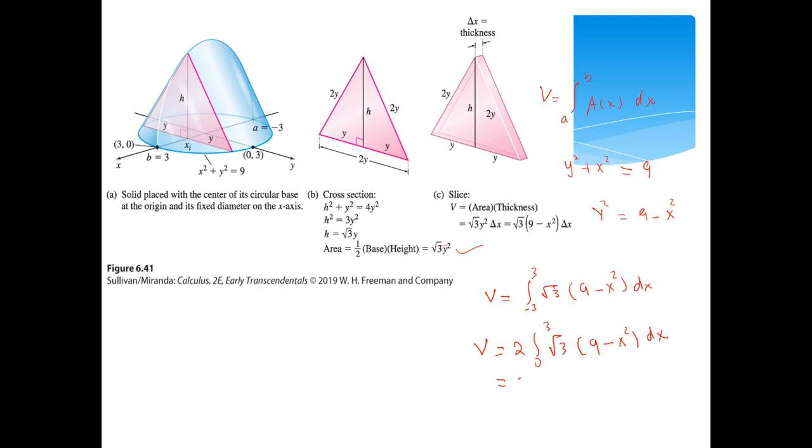So then it's going to be equal to 2 square root of 3. So then we're going to get 9x minus x cubed from 0 to 3. Evaluate from 0 to 3, and then now we evaluate this. We're going to get